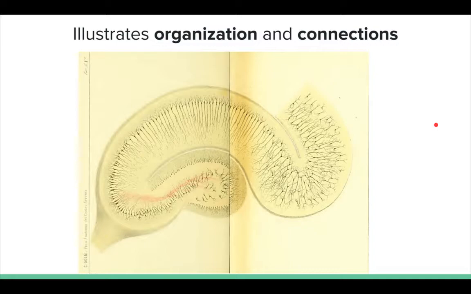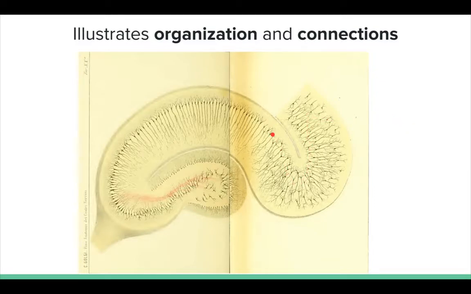In addition, this stain allowed people to begin for the first time to really see the organization of the nervous system. So this here is another illustration. I believe this one was by Golgi himself. This is a coronal section through a part of the brain called the hippocampus, which is deep in the temporal lobe. And what you can see here, if you look at how all of these different cells are organized, is